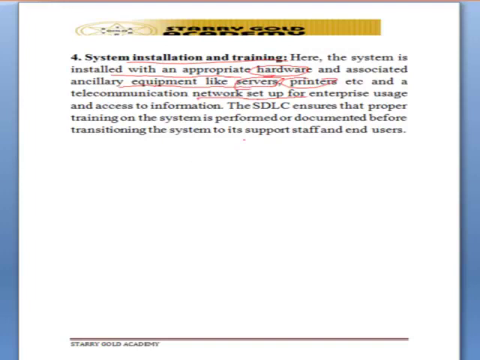Then it also ensures that proper training on the system is carried out and documented before transition or before operating the system, for its support staff and end users. So training has to be carried out. And normally when we say training, it has to do with the process of acquiring knowledge about the operation of a particular system. And training can be acquired